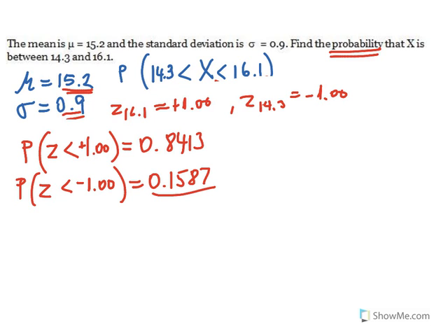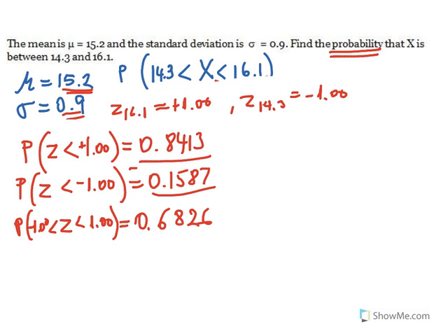So the probability that the z is between 1.00 and minus 1.00 will be 0.8413 minus 0.1587, which is going to be 0.6826. In percentage, this is going to be approximately